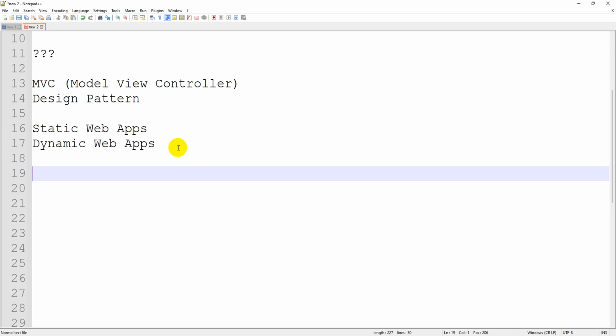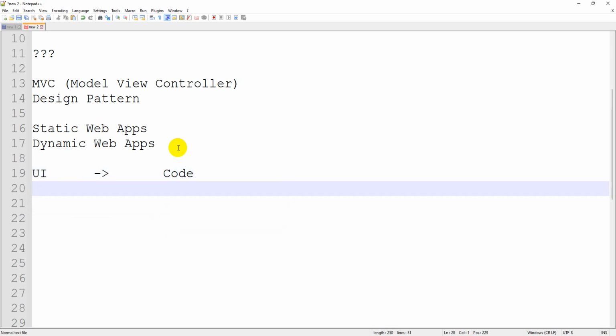For that you need two modules here, one to execute the UI or process the user request or user view, and another one, the code executor. Normally our UI code gets executed in the web browser. The web browser always acts like a client, and it interacts with the server, which is called a virtual server.